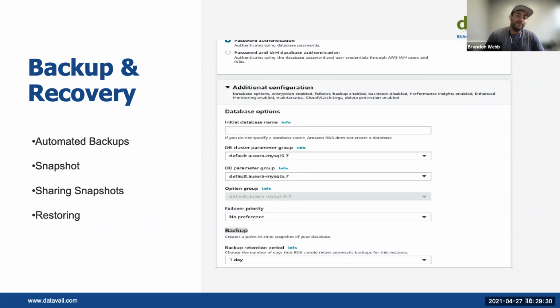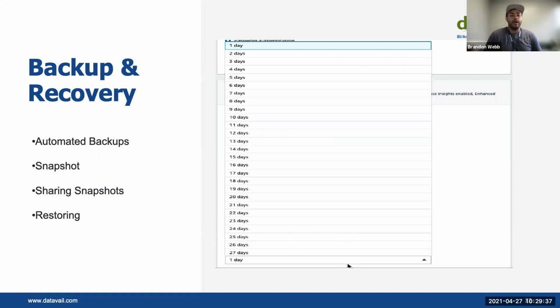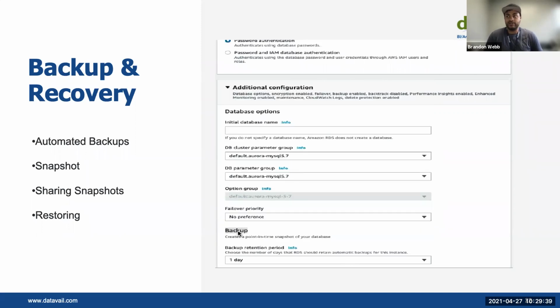So while we may be moving away from doing backups and recoveries ourselves, the question is, what should a database administrator do? I mean, it looks like they might as well just take care of all of it for us. Well, that's not true, because as you can see on this next slide,